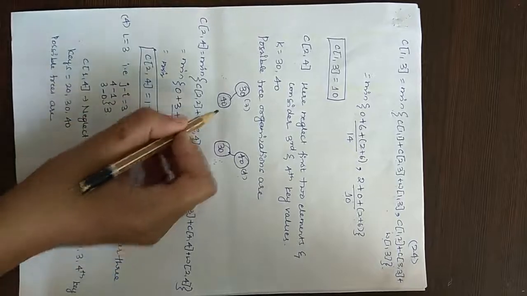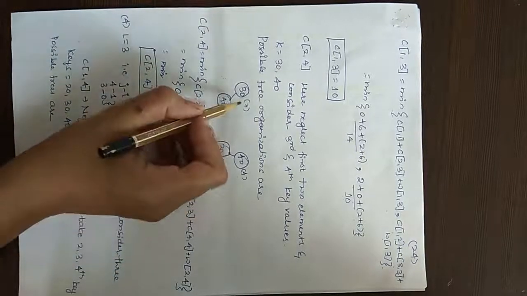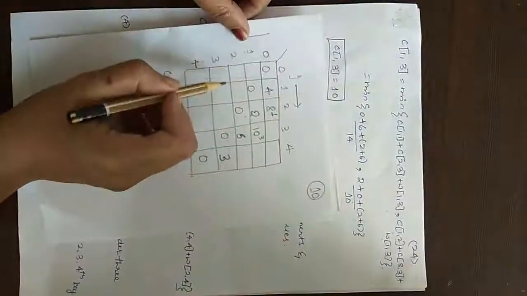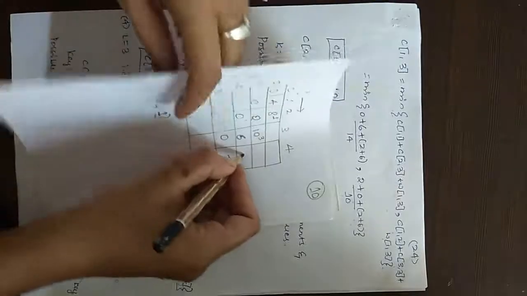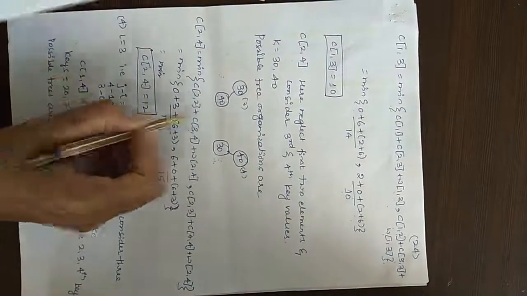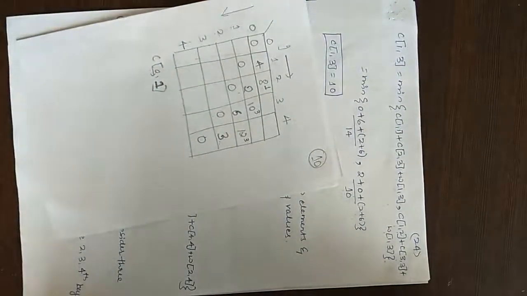First term means the first tree organization. So, what is the root node of this first tree organization? Third key element. So, C of 2, 4. C of 2, 4 is how much? It is 12. Who has given me the root here? Root is given by the third key element. So, we have finished with this step also now.